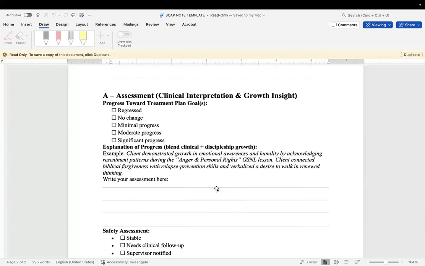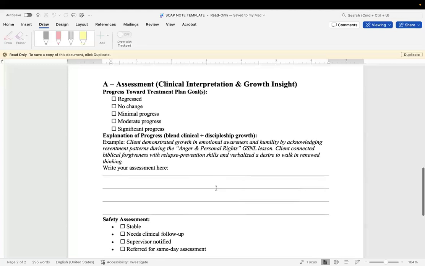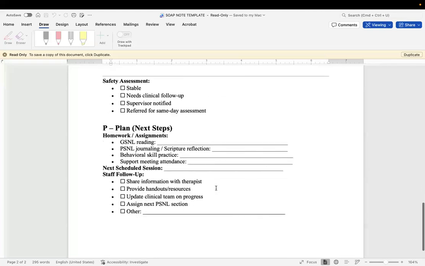This is probably the one that you're going to think through the longest. And if you need help, I can get you some questions that can help spark those ideas on the assessment. Safety assessment: is the person saying that they're wanting to hurt themselves or somebody else, or had they mentioned something that you were like, I'm kind of concerned about this? Can we have them meet with a therapist or somebody like that? That's where you would put it there.